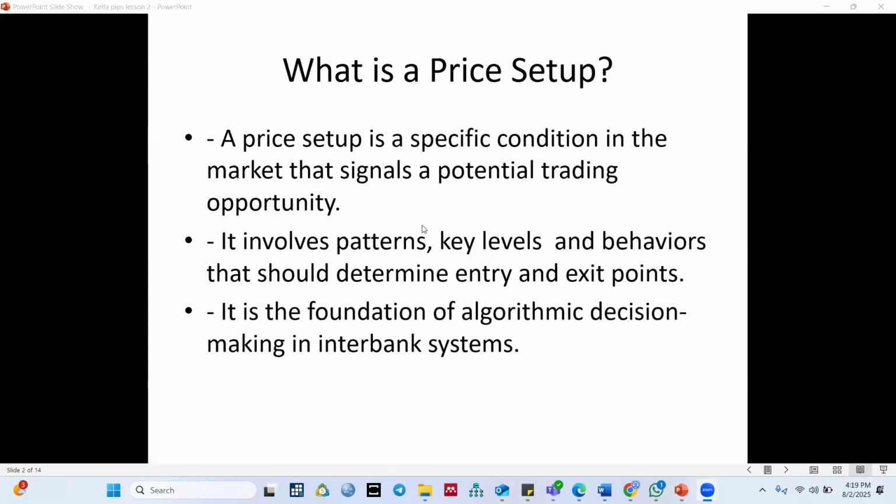So what is the price or point where you should enter? And what is the price or point where you should exit? Okay, so these specific conditions in the market that can signal you will help you to be able to determine the entry and the exit. Price setup is also the foundation of algorithmic decision making in the